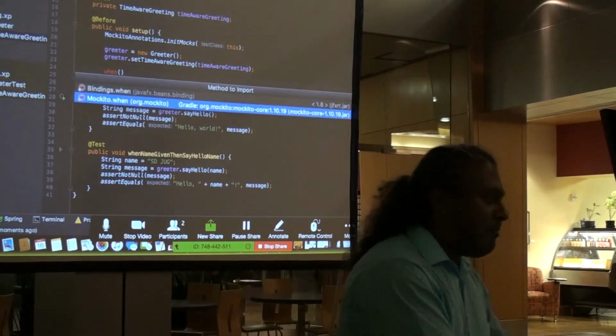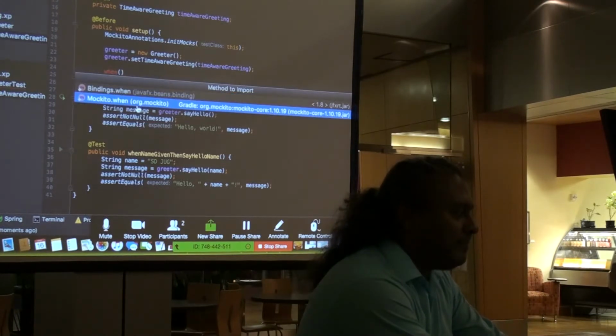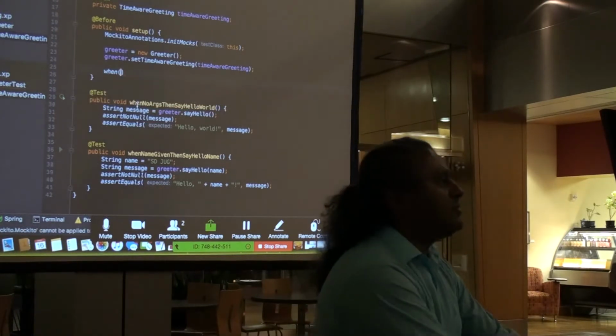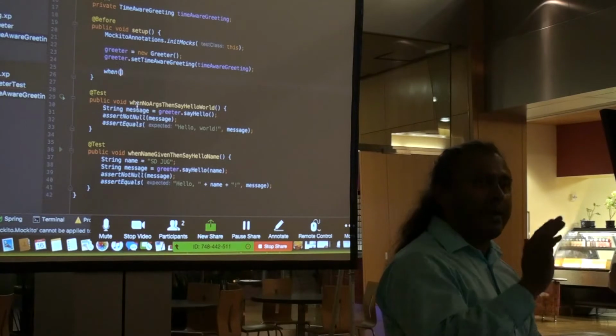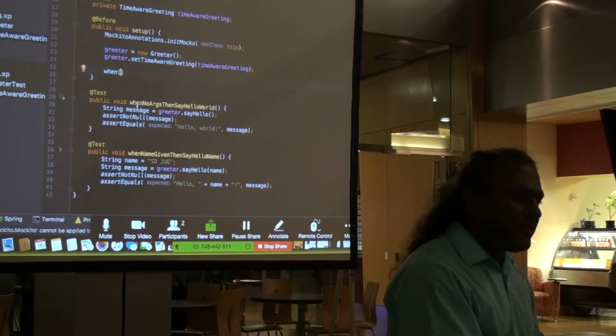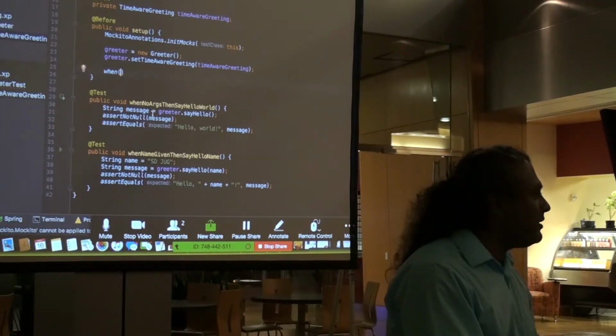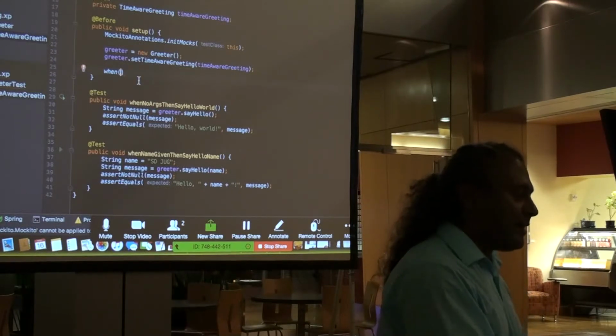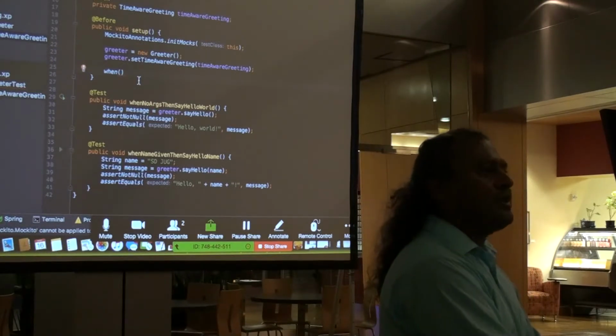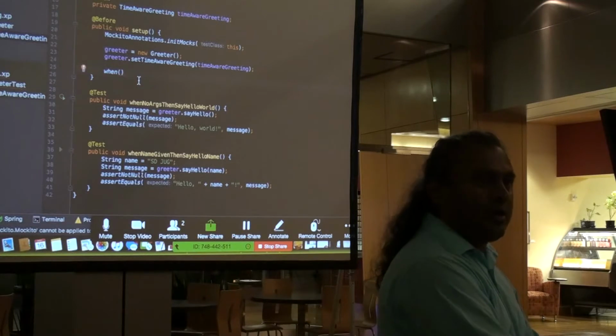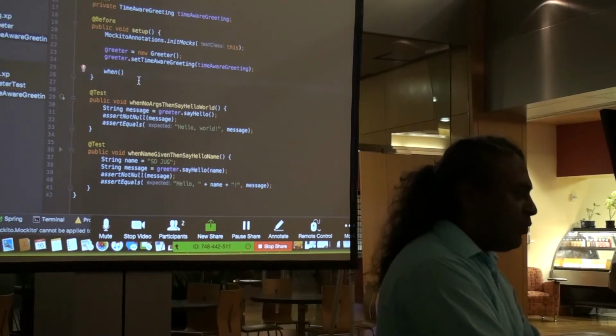Okay, so notice Mockito has a method called when, okay? Remember I told you about the pattern when, then? Mockito has that built in. So that's why I like to name my tests when, then, because Mockito uses the same pattern. So when, okay, what's the behavior that I want to trigger the mock, right? When